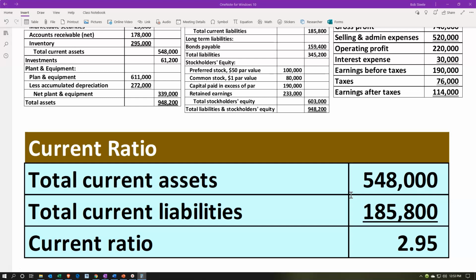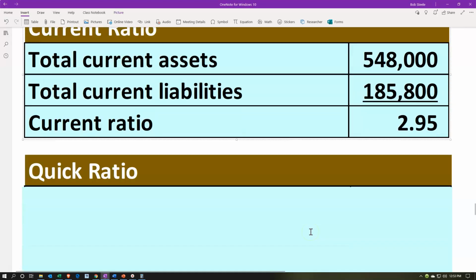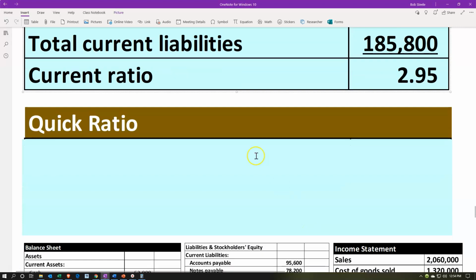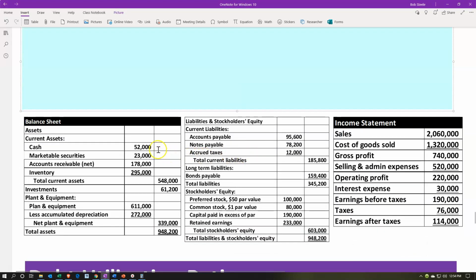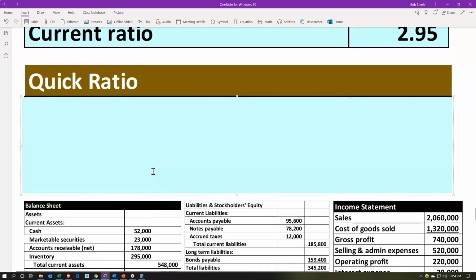If you're talking about a bank or something like that, they may have different standards for different industries as well. But across the board, you'd think it had to be greater than 1. Now you might say, look, you've got these current assets, but then you're including things like inventory. What if there was some kind of crisis and the market goes down? You're not going to be able to sell the inventory, or the inventory becomes obsolete or something. So a bank will then make a more restricted ratio, or we might make a more restrictive ratio as management